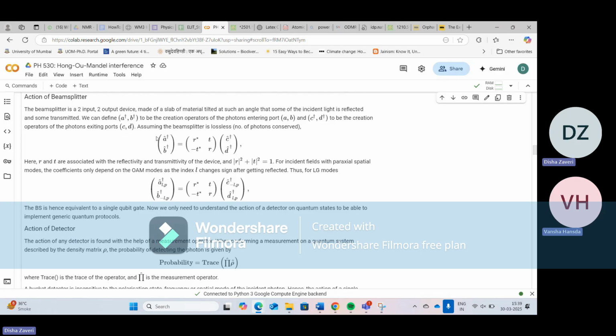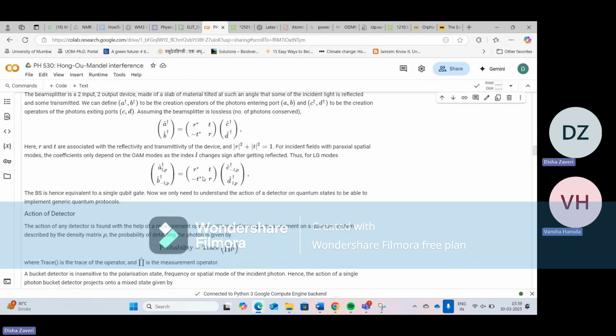We can show that the action of a beam splitter is represented by this matrix with R and T associated with reflectivity and transmittivity of this device. And of course, R mod square plus T mod square is going to be 1. So in this case, since we are dealing with paraxial spatial modes,